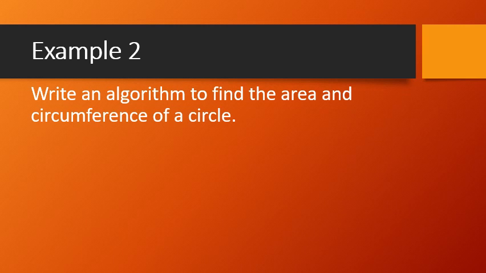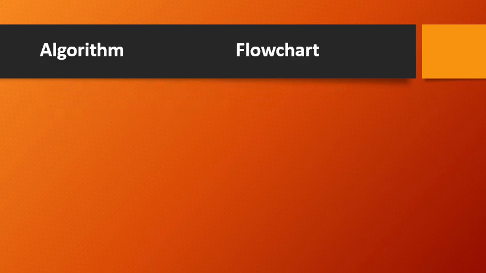Let us write things in an algorithm. Obviously, the first step is going to be start. The second step would be read, that is input. Input what? The radius. I will mention it as input r. As a shorthand, I am using just r there. That r indicates the radius of the circle whose area and circumference I am going to calculate.